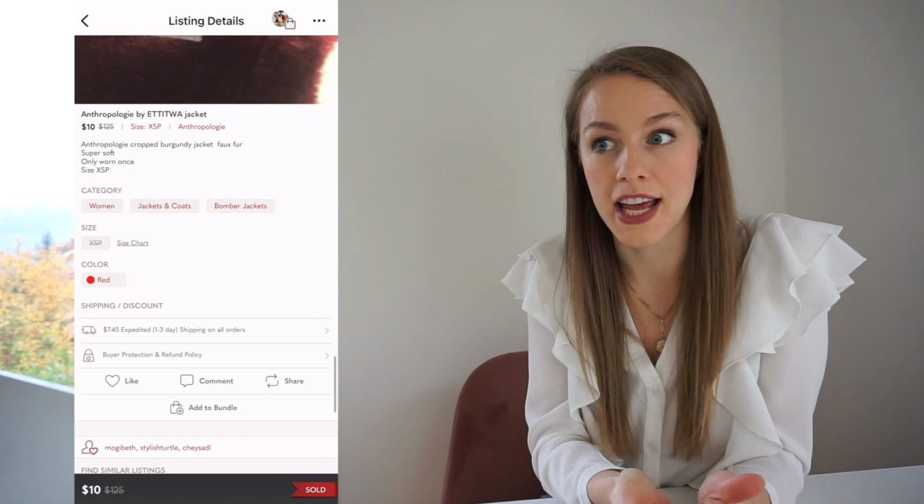So anyways, I came across on Poshmark this Anthropologie Sherpa jacket, and it's really pretty. I can't remember what they had it listed for, but I sent over an offer for $10 and they accepted it. So my cost of goods at the time was $10 plus their $7.11 shipping label, which now it's $7.45, but it was that at the time. So cost of goods $17.11. Then I listed it on my Poshmark closet and on eBay and Tradesy, and it sold in a bundle. I had it listed for $100 and it sold in a 20% off bundle for $80,